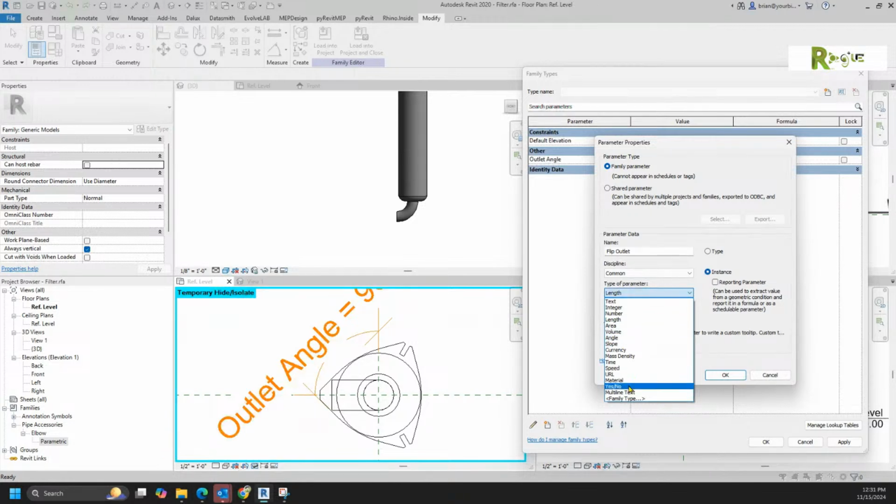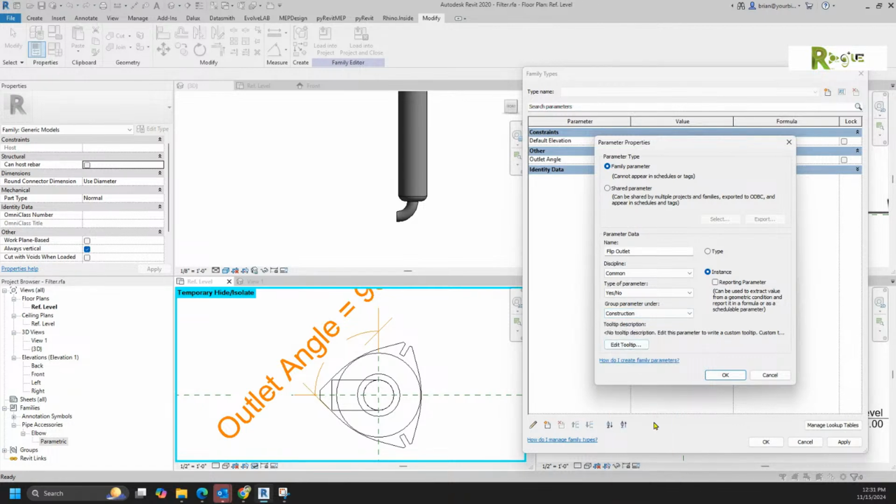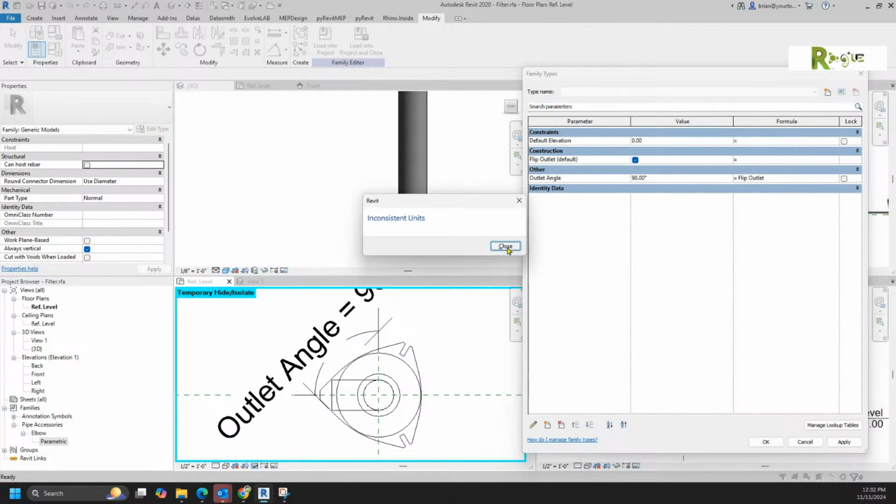Yes, no. And I'm going to put that, like I said, in construction. So it's at the top of my list. What that is going to do for me is then I'm going to say right here, if the flip outlet is yes, so I'm going to take the word flip outlet. It also means that I need to move that one parameter in a second. You're going to see that if I try to type this in and I hit enter, it's going to say